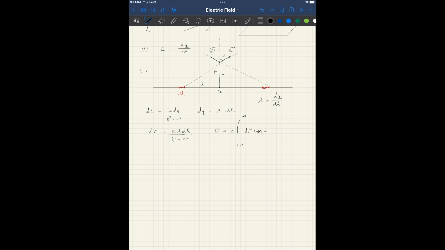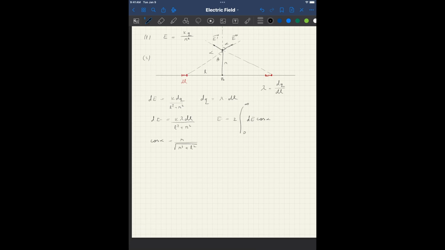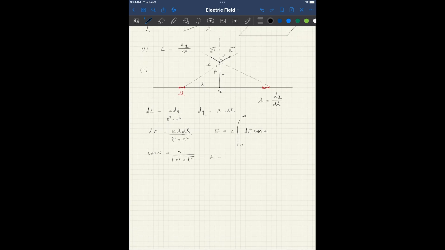Cosine of alpha. Now, cosine of alpha, we can express it from this triangle here, because this angle is also alpha. So the cosine of alpha will be equal to r over the square root of r squared plus L squared. Okay, so our electric field will be 2 times the integral from 0 to infinity of dE,